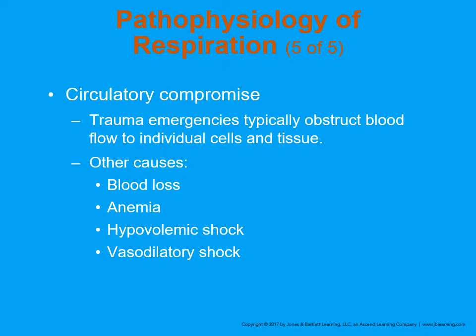Obstruction of blood flow to individual cells and tissue is typically related to trauma emergencies, creating circulatory compromise. Trauma emergencies can be like pulmonary embolism, simple or tension pneumothorax, an open pneumothorax, which is a sucking chest wound, a hemothorax, or a hemopneumothorax. Other causes of circulatory compromise are blood loss,